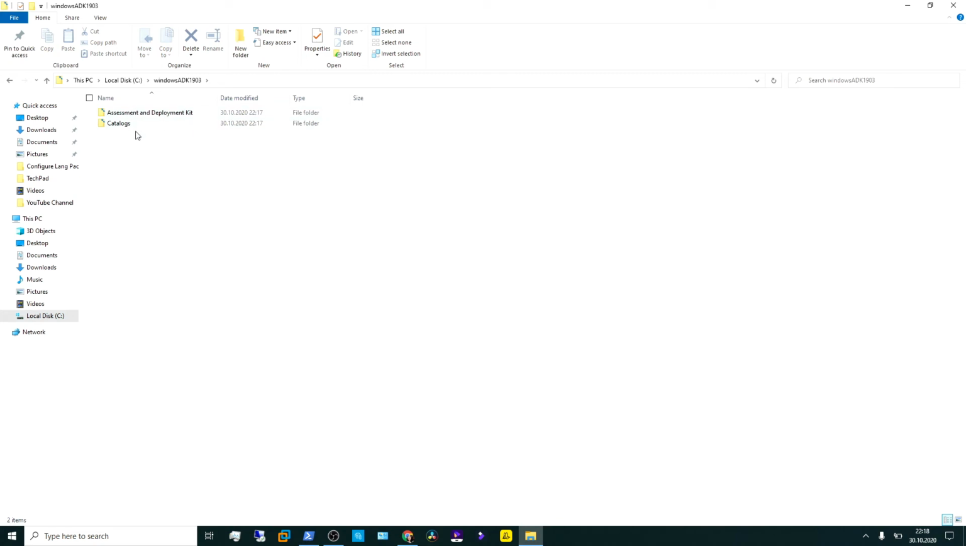You will find 2 folders. One is assessment and deployment kit, and the other one is catalog. I want you to click inside of that folder, assessment and deployment kit. You see you have, I believe, 4 folders here. You have to have 4 folders. One is common, one says docs, the third one is user state migration tool, USMT, and then the fourth one is Windows setup. Go ahead and go inside the USMT tool, and then depending on the version of your computer, you